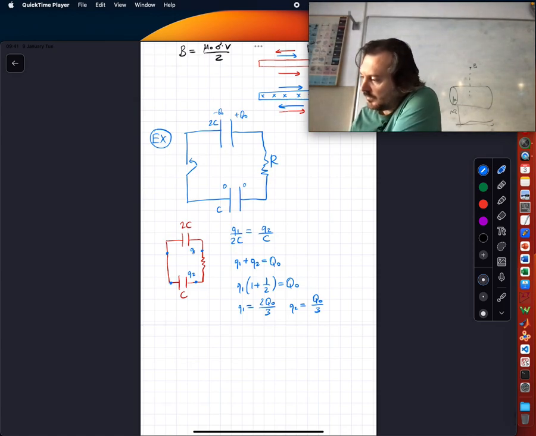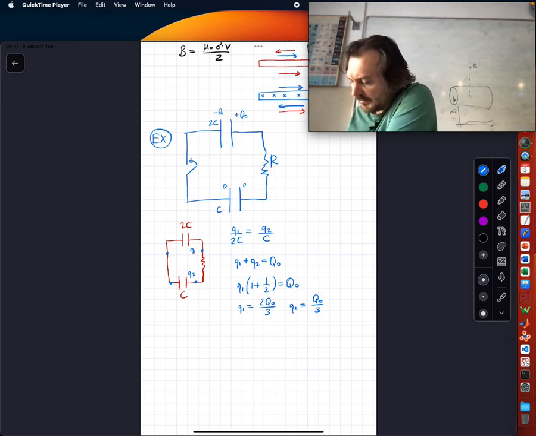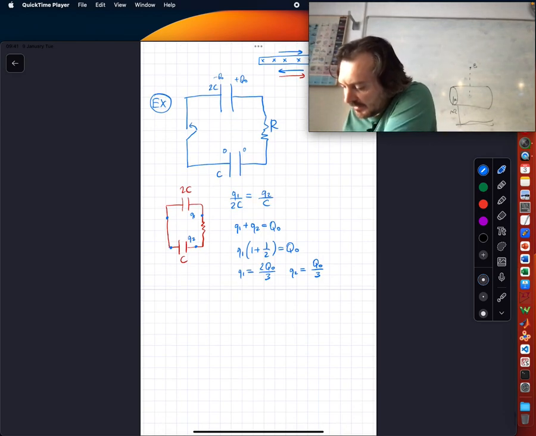Okay. It's not that easy to do this. Let me think. Yeah, let's do Kirchhoff. So at any time, you have Q1 over 2C plus Q2 over C, then plus